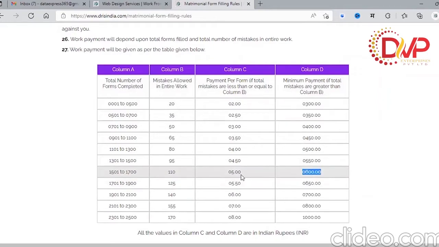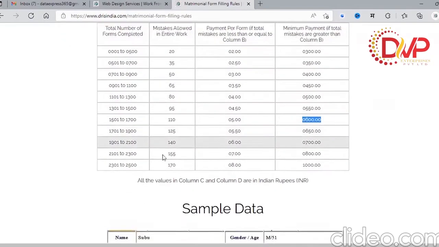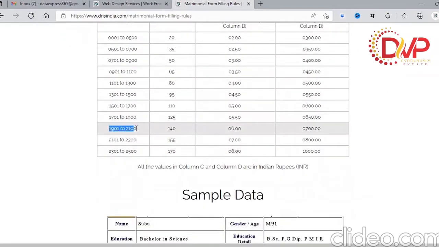for this work. Let's see few more examples. If you have completed 2000 forms in 25 days, then your work will come in this range. Now for this range, total mistakes allowed are 140 in entire work. That means, if total mistakes in your 2000 forms are less than or equal to 140, then you will get rupees 6 per form. That is 2000 into 6, that is equal to rupees 12,000. But if total mistakes in your 2000 forms are greater than 140, then you will get total payment rupees 700